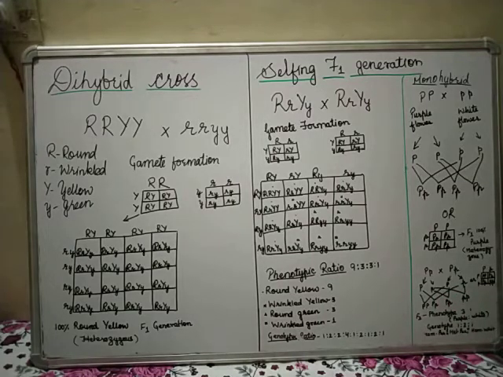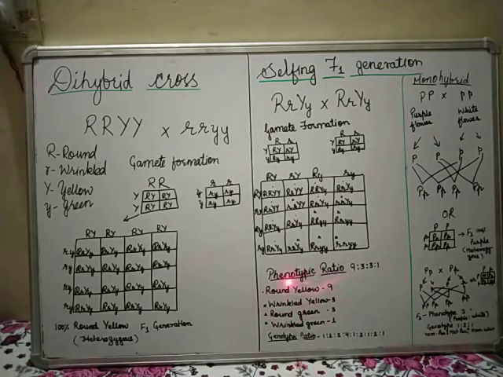But we are not bothered about the genetic composition. We need only the external appearance. So it is also purple, purple and purple: 3 purple and 1 white. So 3:1. Now when we see the genotype, pure purple, that is homozygous purple, is 1, heterozygous purple 2 and homozygous white is 1. So here we get 1:2:1 for the genotypic ratio of the monohybrid.